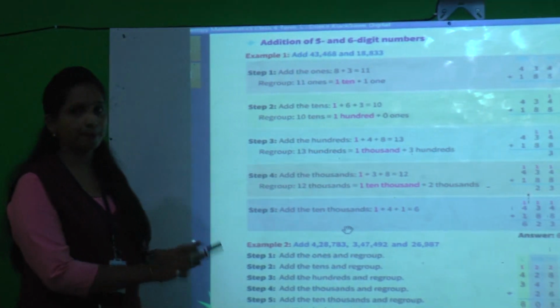What we have studied in our last session: we started our second chapter, addition and subtraction, and we started exercise 2.1. We solved questions A and B. I hope you have practiced those questions in your rough book on the same day. Last session we did 4-digit addition with a 5-digit answer, but today we are going to see addition of 5 and 6-digit numbers.